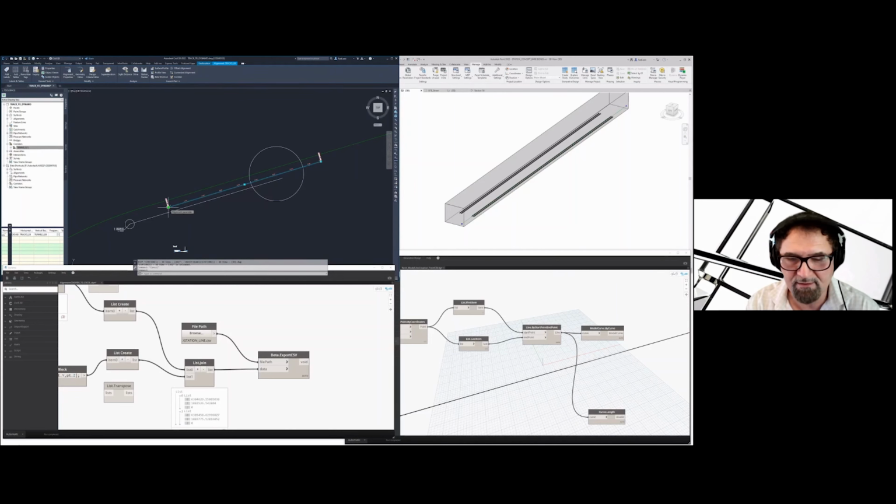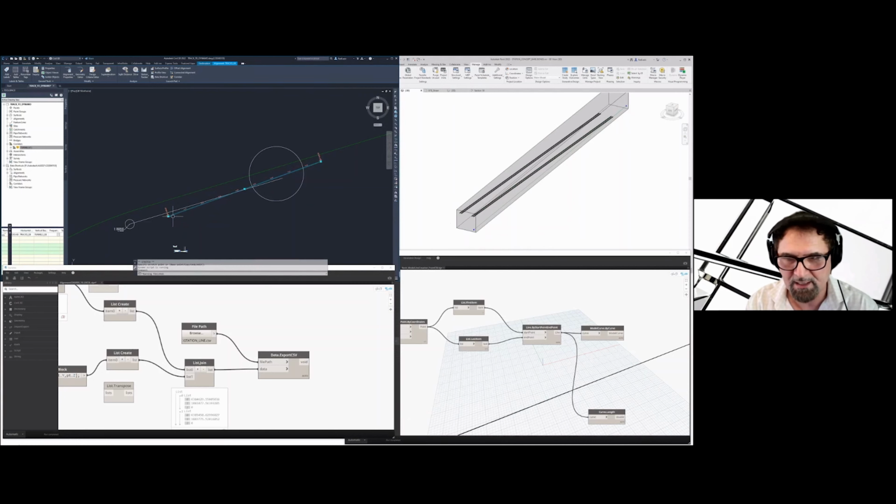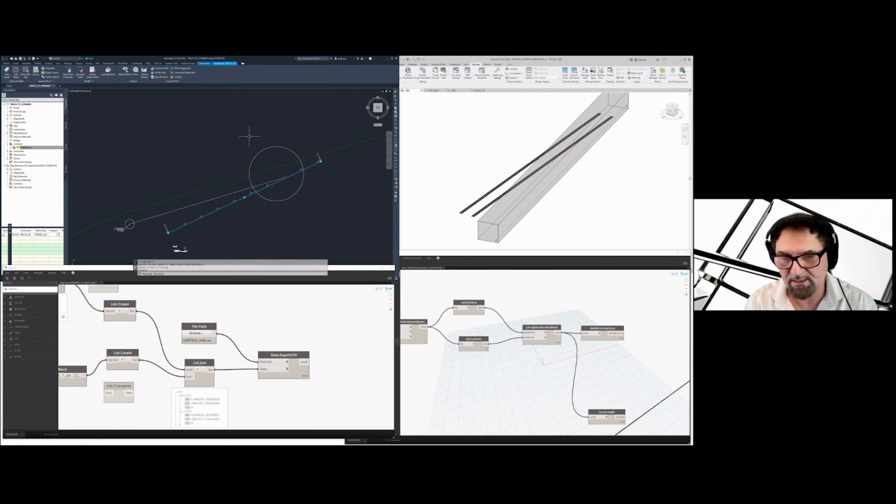Now, as a caveat, first of all, I do not recommend in the production environment establishing such a dynamic and instantaneous update between the two. But since we are talking about technology here and what is possible, I've set them up to work like that so you can see that instant change.